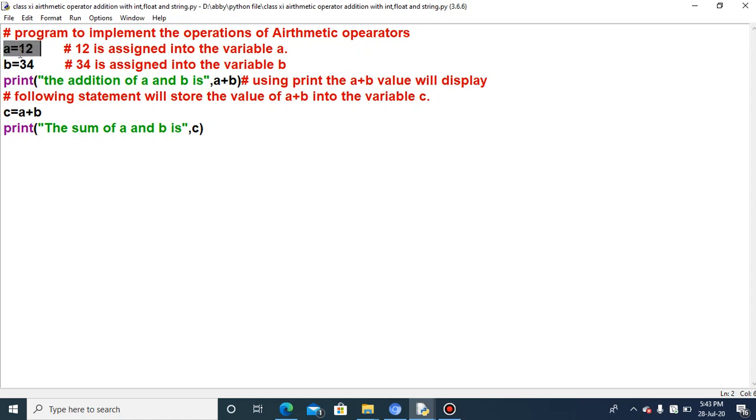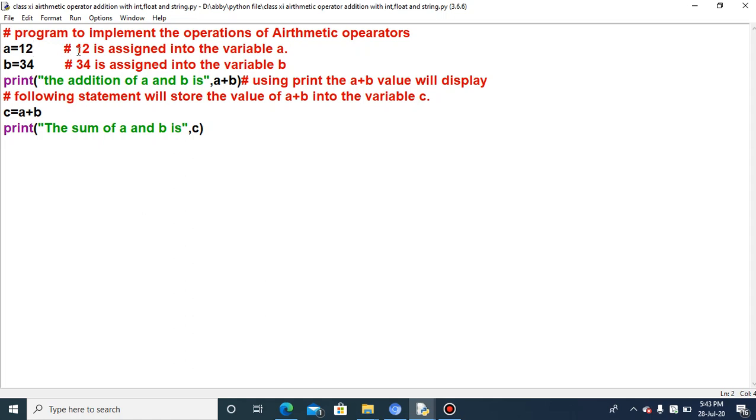One is the identifier, A, which is the name of the identifier or variable. Equal to is the operator and 12 is the literal. Which type of literal or constant is it? It is the integer literal. What is an integer? The number which does not have a decimal point is known as an integer number or integer literal.